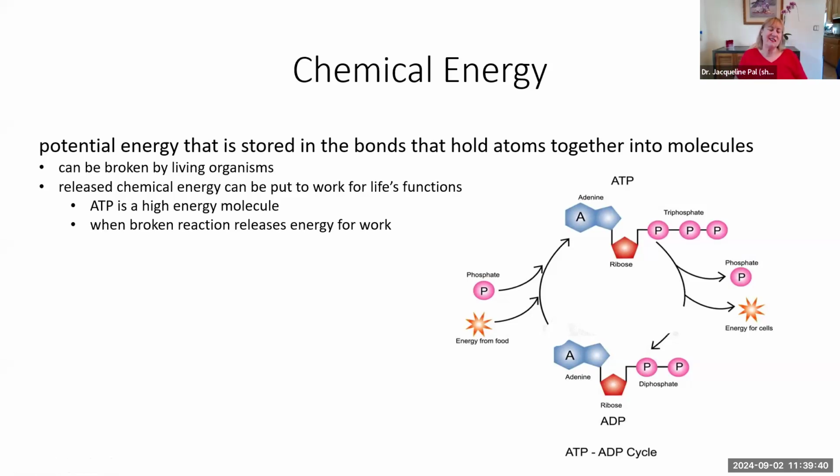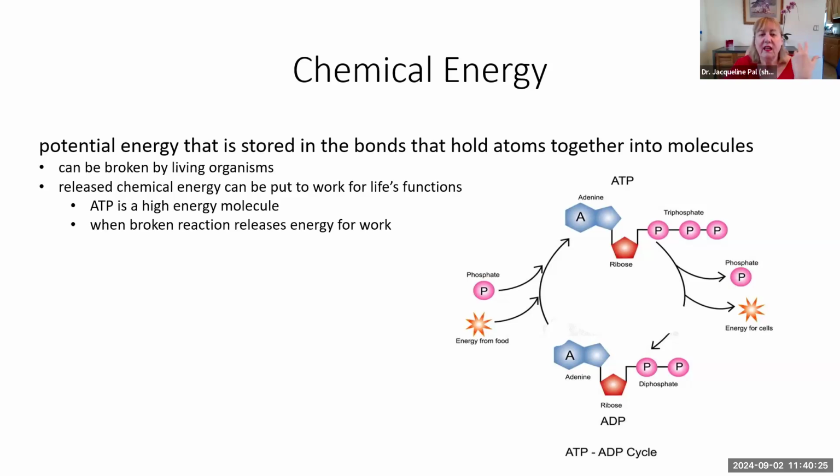Now, if the cell doesn't have any more ATP or ATP stores are really low, yes, it can take the ADP molecule, which was left behind after the first phosphate bond was broken, and break a second phosphate bond, in which case you'd be left with AMP. But most of the time, we have ample ATP in our cells, so we don't need to do that. So realize this phosphate is now available to bond to anything. Say, for instance, you had a lipid, you could now make a phospholipid out of it.